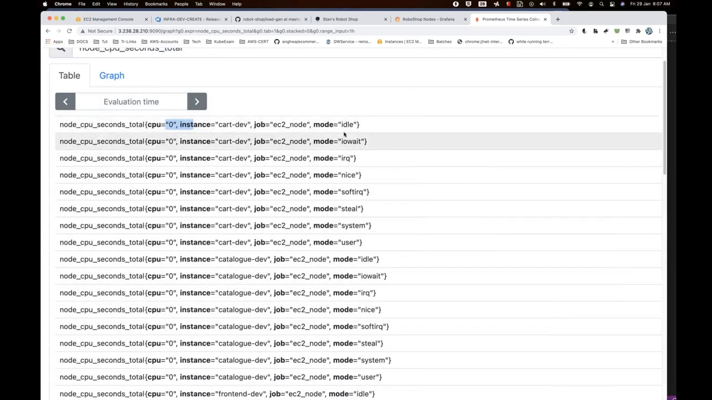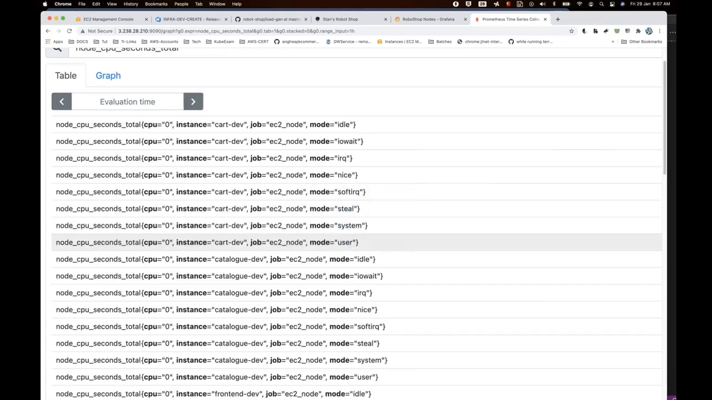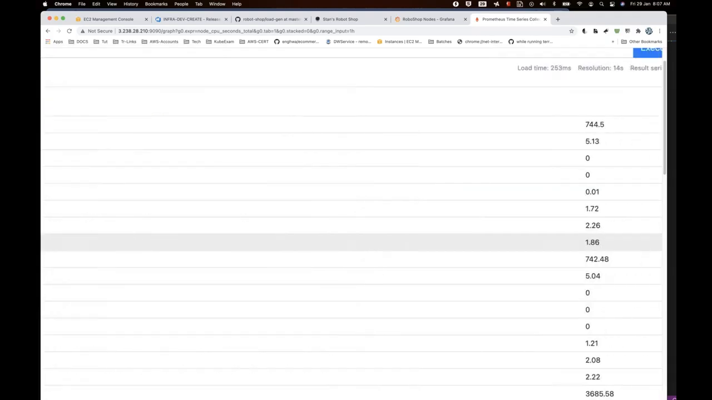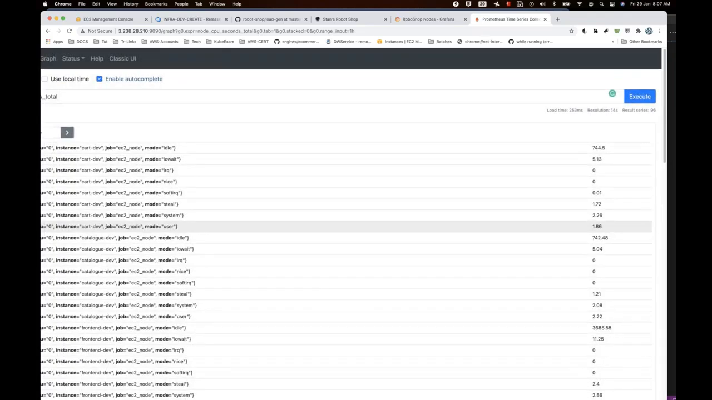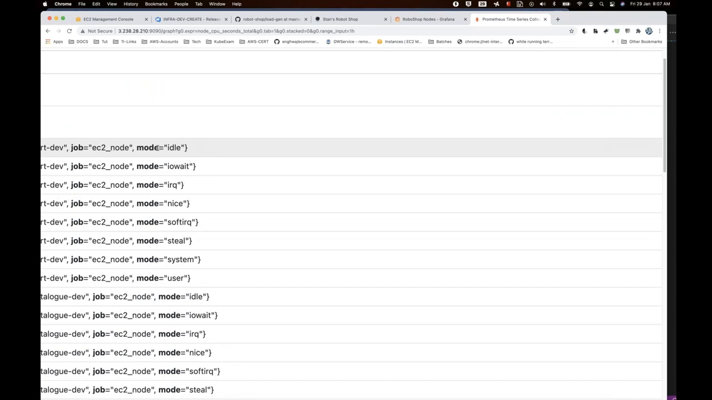So for card dev, it is showing idle, IO wait, IRQ, nice, soft IRQ, steal, system and user. So I think I should use everything. Okay, I will go with idle. See how the calculation, it's all calculation only. Let me show you the calculation. So the calculation I'm thinking here is,